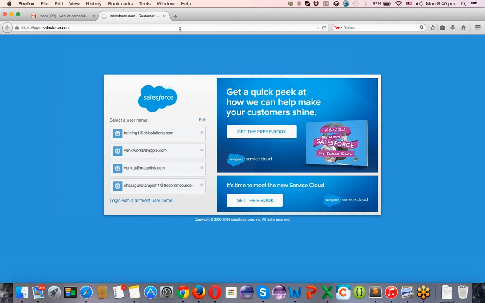So generally we use page layouts for changing the user interface for the front end people. If you remember, we have created object fields and everything, but we cannot see the fields on the front end. But after going to the page layout, we dragged and dropped some fields from the available fields and arranged them in the page layout. And if you save,